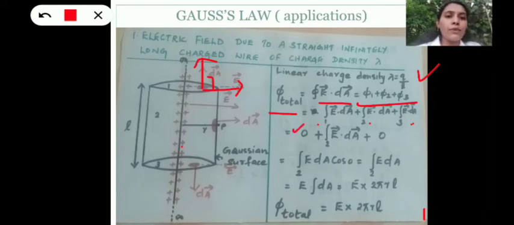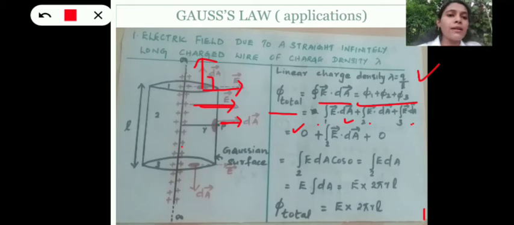Now consider the next surface, that is surface 2. Here, what is the direction of the electric field? The electric field will always act along this direction because positive charges are distributed along the wire. Now what is the direction of the area element for the curved surface? For the curved surface, the area element is acting along this direction. What is the angle between the electric field and the area element? 0, because both are acting along the same direction. So when you expand E dot dA here, you will get E dA cos 0, and E dA cos 0 is E dA itself. So there will be an electric flux for the curved surface.